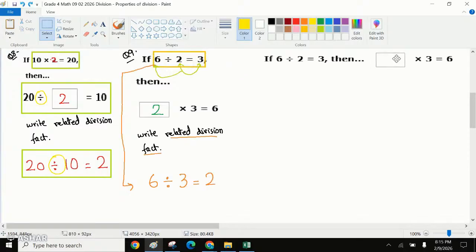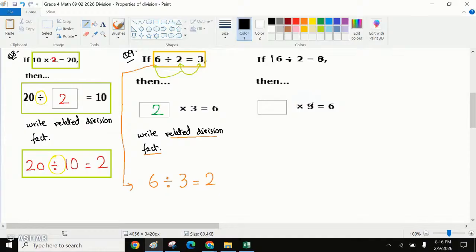Okay, if this is given, sorry, if I say 6, it's given 6. Let's make this 16. If 16 was divided by 2, the answer was 8. Agreed? Then something multiplied by 8, let me change, please, would be equal to 16. This was our question number 10. And they're asking us, write the